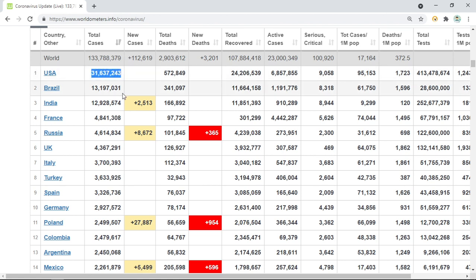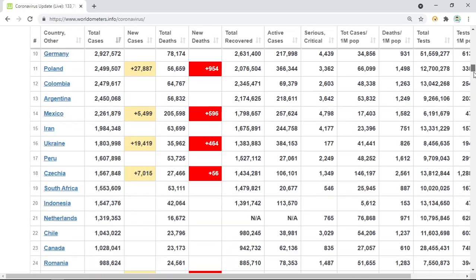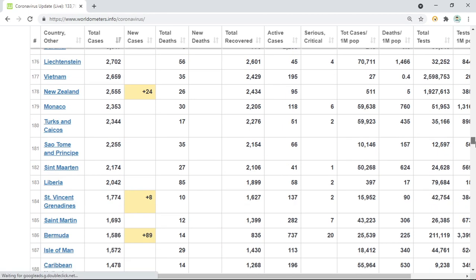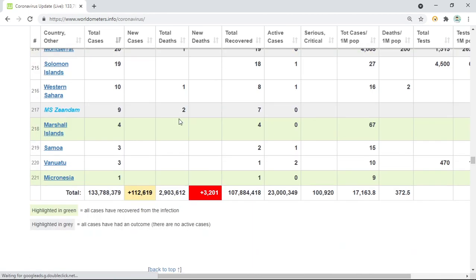What we are going to do in this lecture is, if you see this USA, total number of cases are this, and the number you are seeing here is the sum of all the cases from USA to, if you come down, so many countries listed till here. I want to calculate the total sum of all the cases, and that should be equal to this particular number, because the cases are updated on a regular basis.